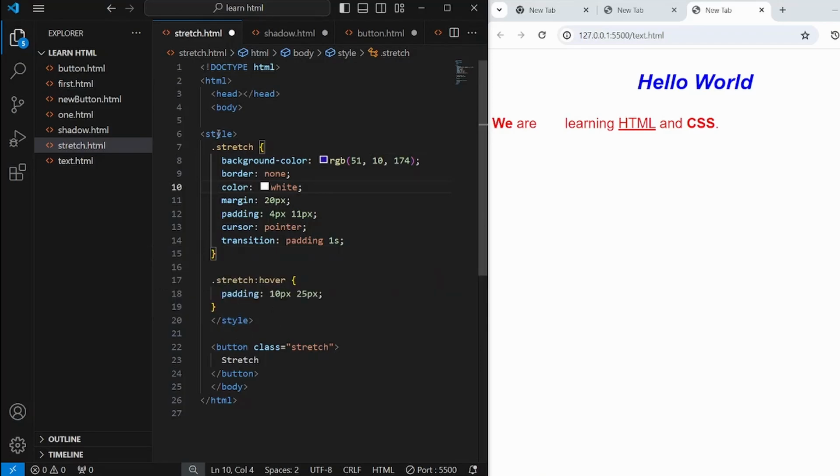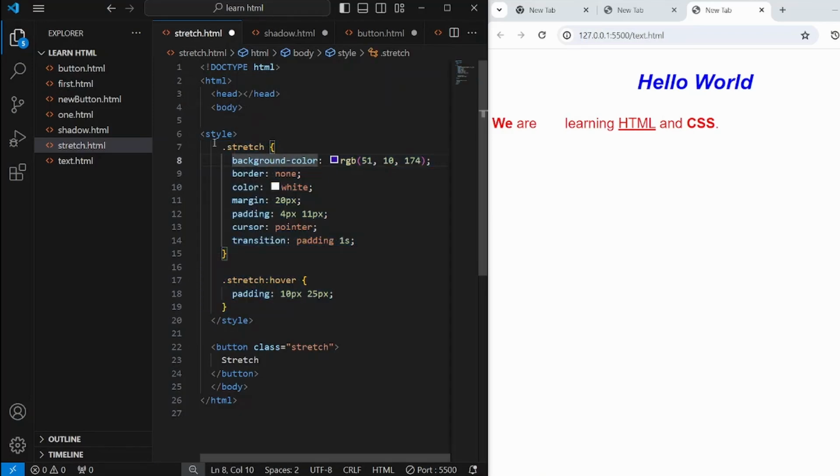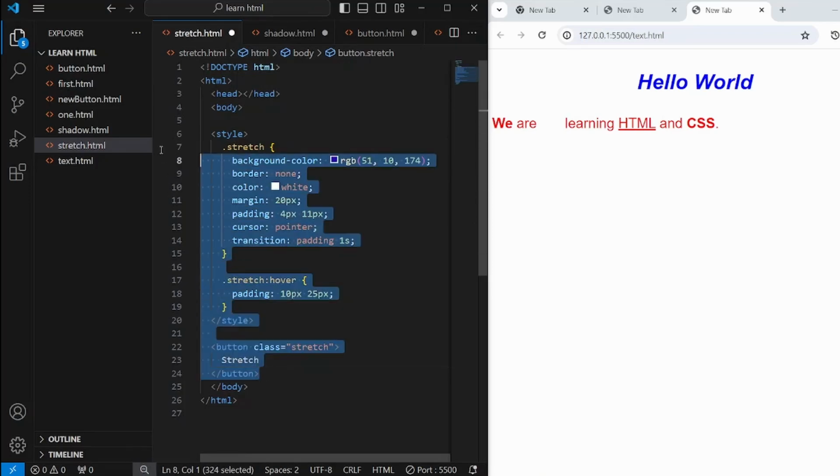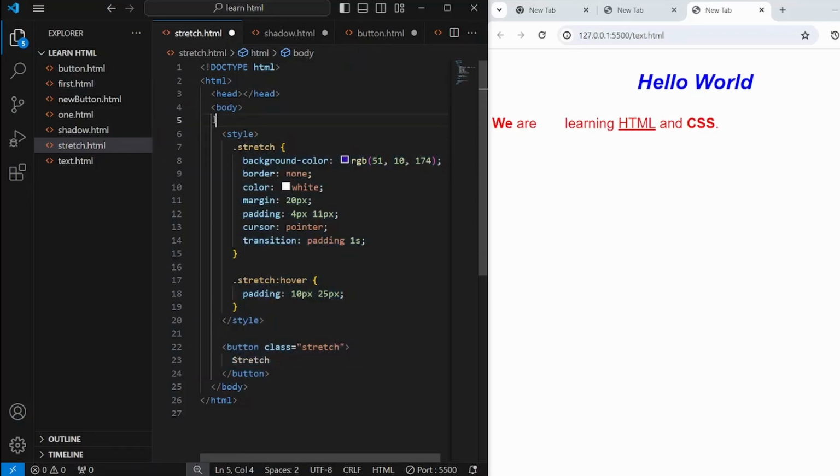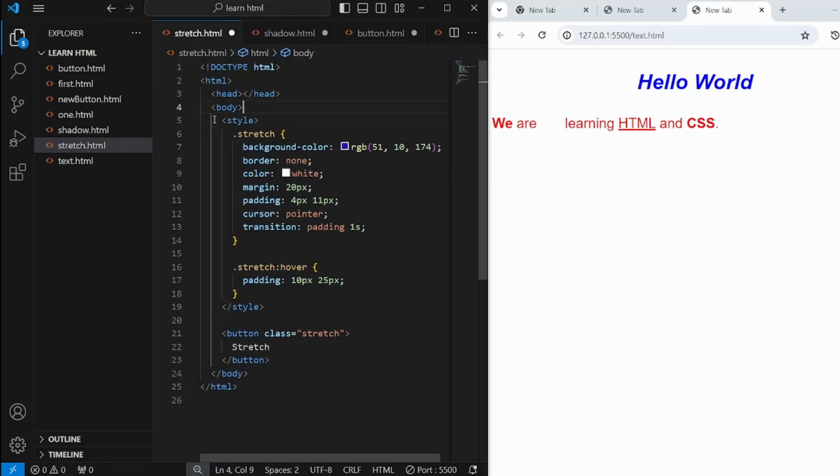So to shift everything by one tab, just select these, press tab, and since it should be two tabs forward, and now this entire thing should be one tab forward. So let's select everything, press tab, perfect. Now this is proper HTML structure